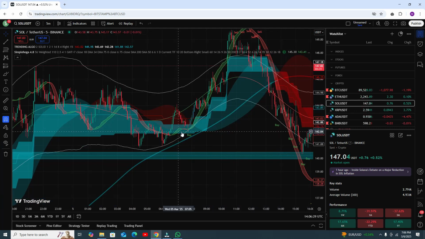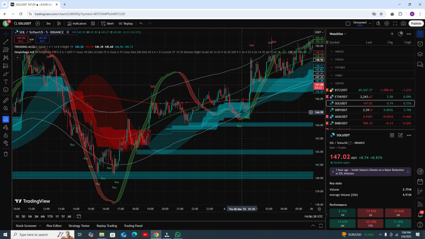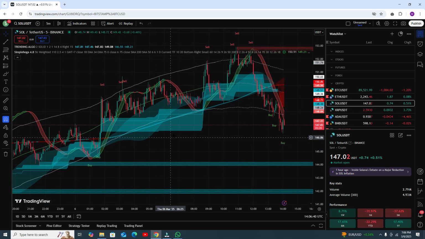Okay, strong buy signal, perfectly fit. Now we need to find the next one. That is a strong buy condition and target hit. Now the clouds are red, so we do not need to follow any signal until the market comes upside and you get the sell signal. That will be your strong sell condition.